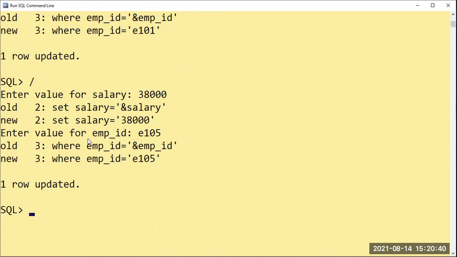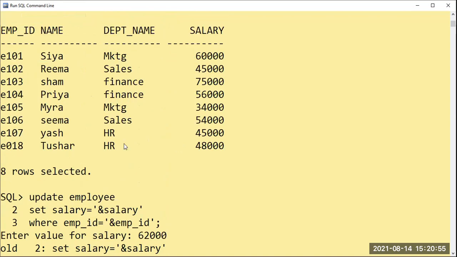If you want any other, you can still go on updating here. Okay. Now I don't want to update anything. It's sufficient for me, 2 members I have done. Select star from employee. Before proceeding, you should have a look at whose salary we have updated.